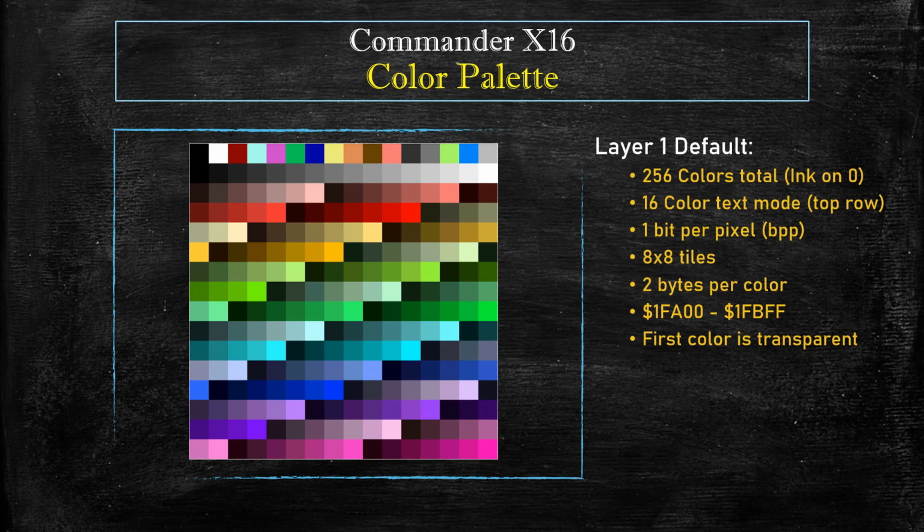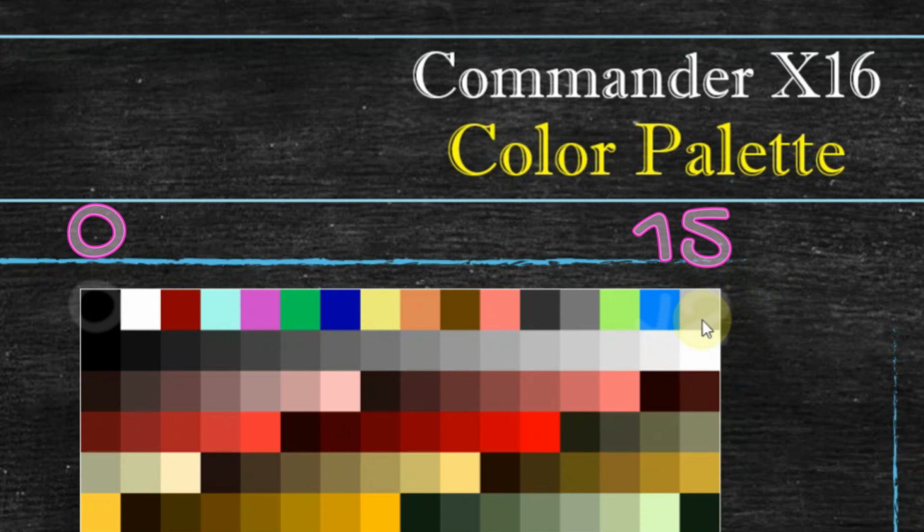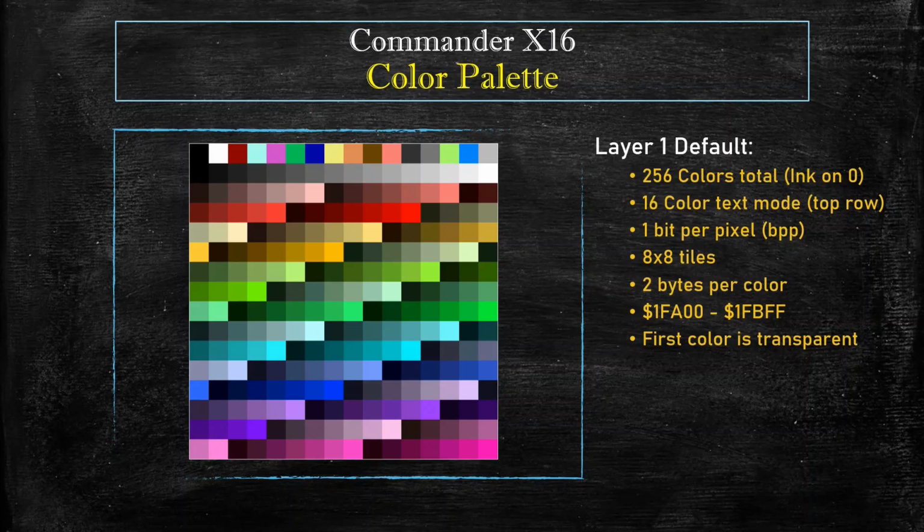And just as we were populating our Tilemap using pointers to the character patterns or the tile patterns in memory, similarly we're going to use pointers to these colors as well. In this case the pointers would range from 0, which would be the transparent color, up to 15, which would be in this case this gray color. So here we have 16 colors we can choose from, and if we take a look at our other page